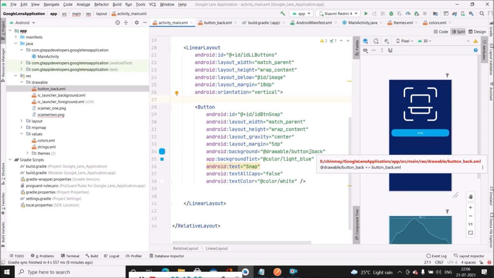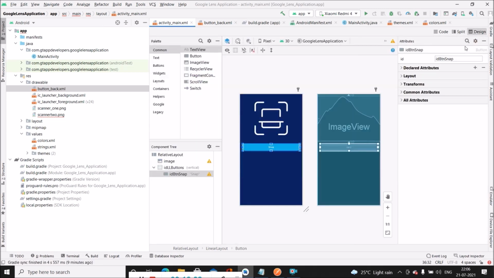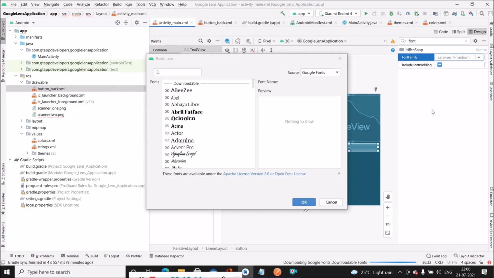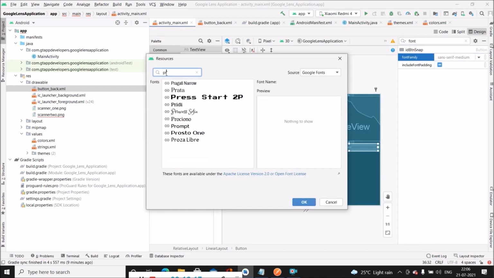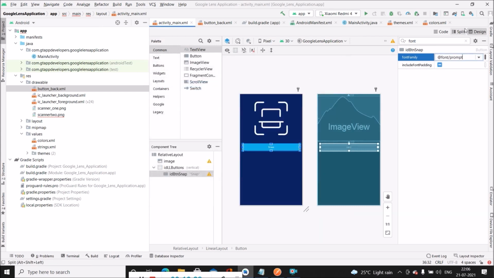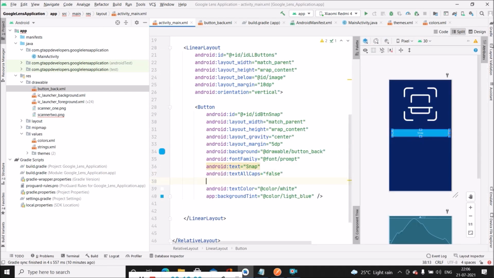Now we will be also adding custom font. So for that we have to download that font, so we can download it from here itself. Inside the design section we will select this button, then we simply have to search for font, and here currently selected font is the sans serif. So for changing it we have to simply scroll down, then more fonts, and then we will search for the font name. So we will be using this one, and inside this we will be selecting it as a regular and then click on OK. So the font will be added to this particular text view, and we will also change the text style to bold.